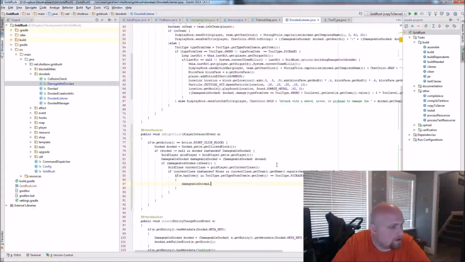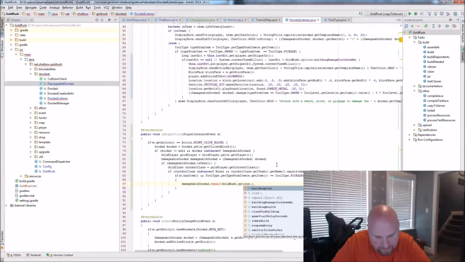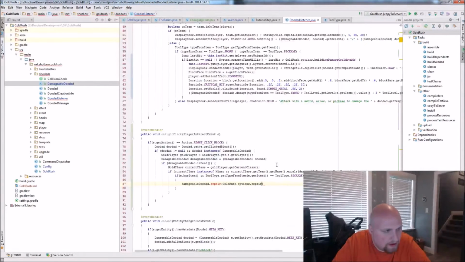So then I'm going to go damageable doodad dot repair, options dot repair amount per tool level. Actually, I don't think we want to check for the miner. I lied. We want this to be available for anybody.